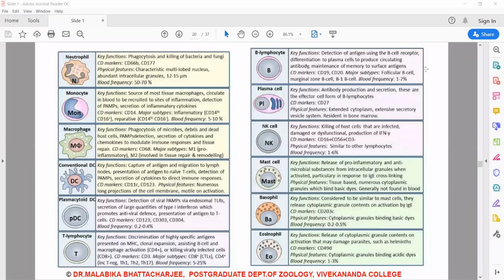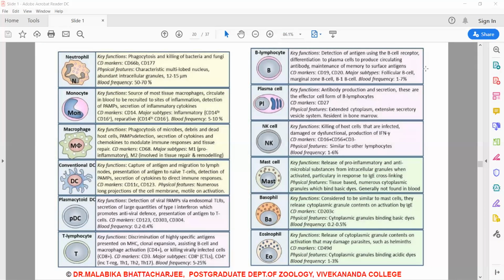In our last class, which I had done in the college, I had discussed all the different types of lymphocytes and all the different types of immune cells available in the blood. We had discussed the cells of the innate immunity. We had discussed the cells of the adaptive immunity. So right now, I'm not going to get into that portion of the class. I'll be moving on to the next part of the class, where I'll be discussing the organs of the immune system.